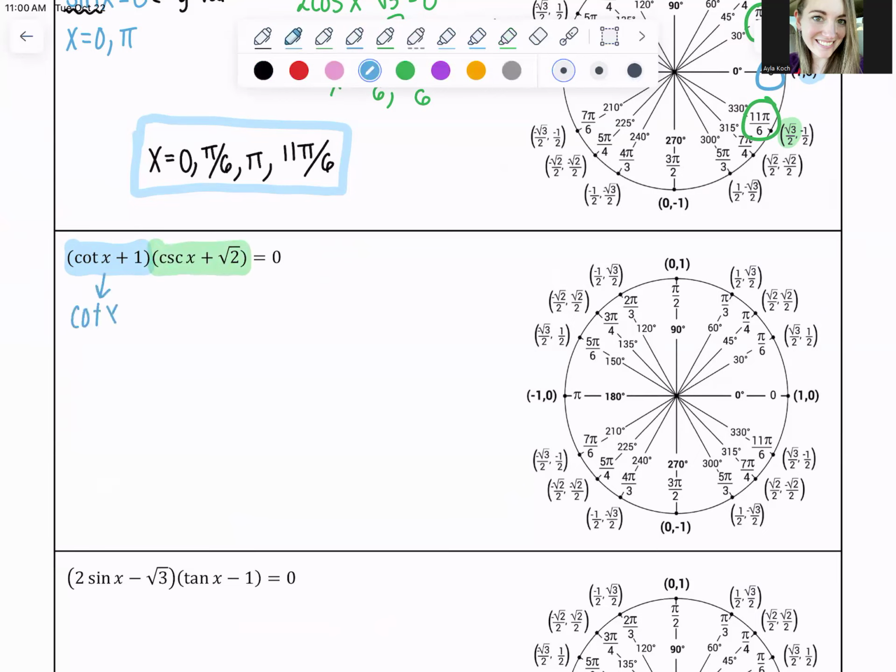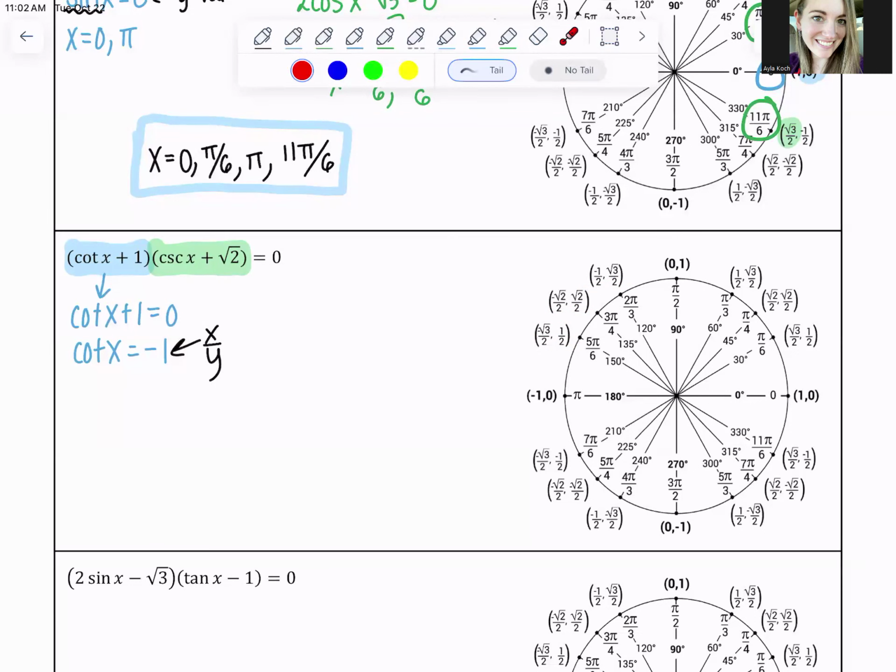So we have cotangent x plus 1 equals 0. Cotangent x is equal to -1, right? We know that cotangent is x divided by y. We talked about this in the very first video, how as it relates to cotangent, you can just divide the numerators. You can just pretend that the twos don't exist because when you divide, they're going to cancel anyway. So I'm looking for when I divide,